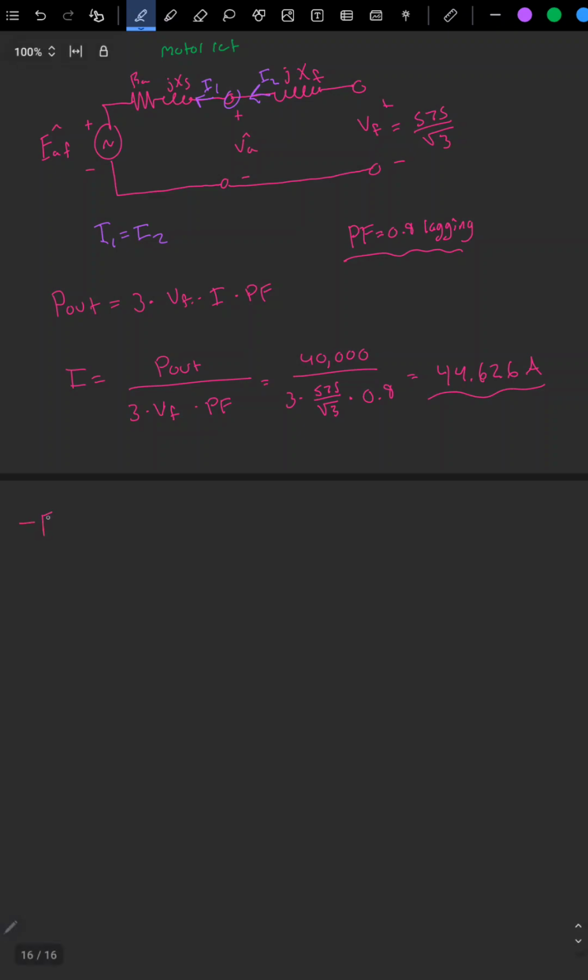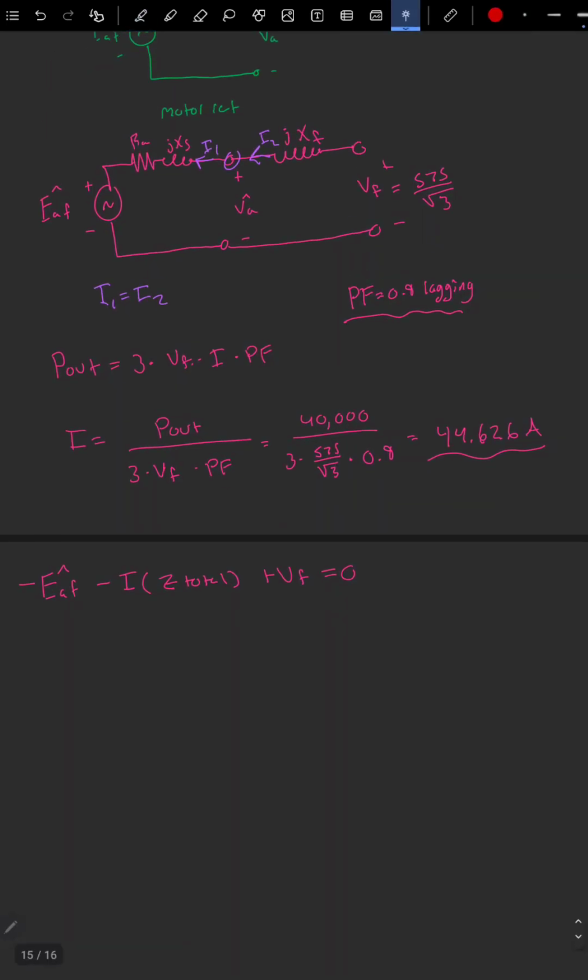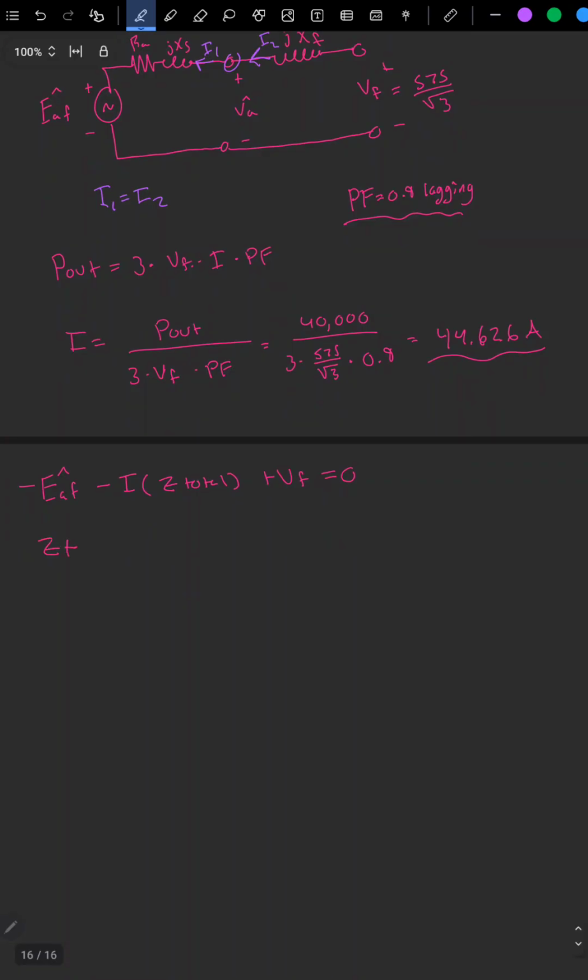So doing KVL, we have minus EAF minus I times Z total plus VF is going to equal 0. Now going back to what we drew, like I said, there's no branch here, so Z total is just these in series. So all Z total is going to be JXS plus JXF, which is going to be